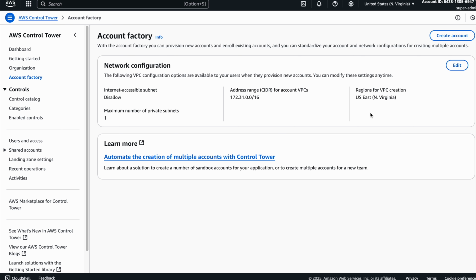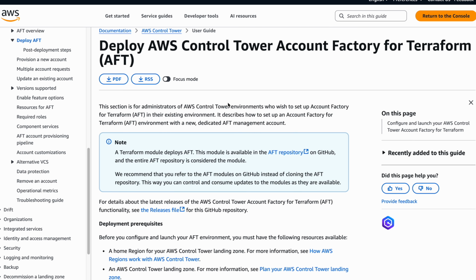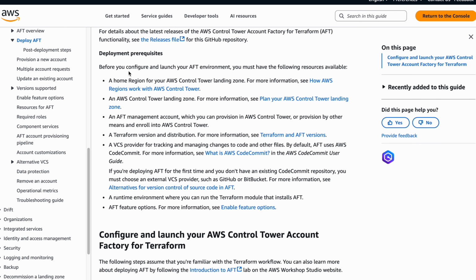So now we have created a new account. Now we have created the AFT management account. Now we have to deploy AFT to set up that account. So how will we do that? It says that before you configure and launch your AFT environments, you must have these resources available. First is your home region for your AWS Control Tower landing zone, which we already have.